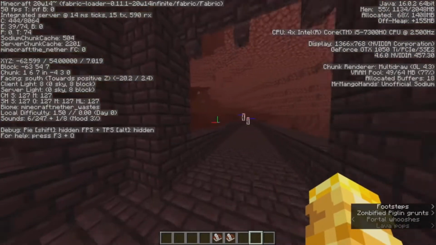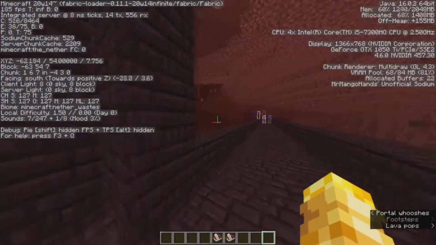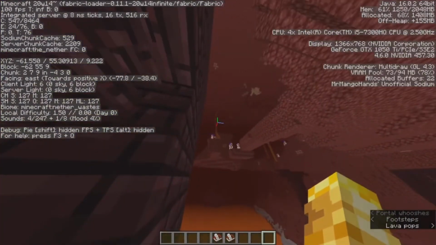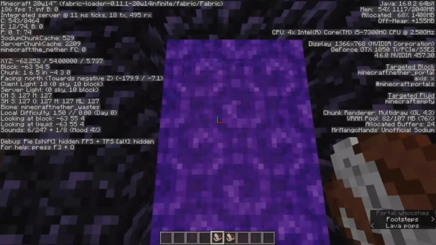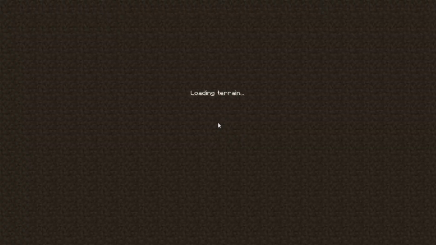Those are the only cores that really matter, because then in 54, like 54 is under the end island. But that doesn't matter because if we throw this book right here into the portal,